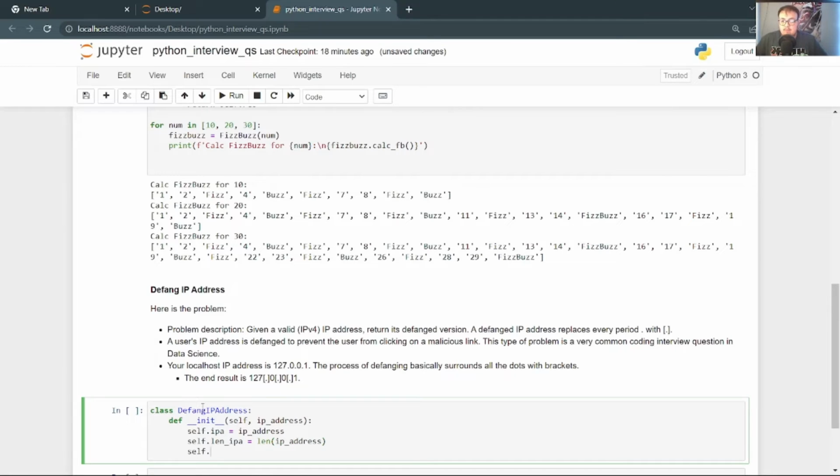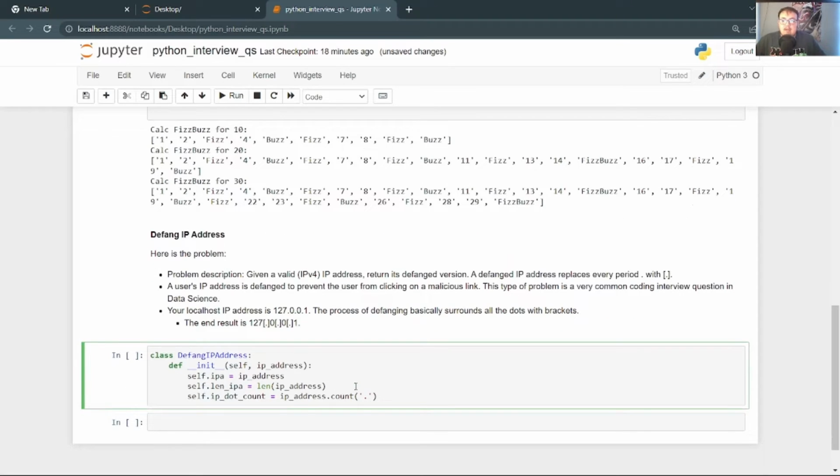And then we'll do self.count. We'll call this actually ip.count equals count, ip_address.count dots. So what this means is that, okay, we have the length of the IP. The IP address length consists of usually 15 or less, and then we have dots. We only have 3 dots in a valid IP address. If there's more than that, then we want to return an error saying that the IP address is invalid for any of these two cases.